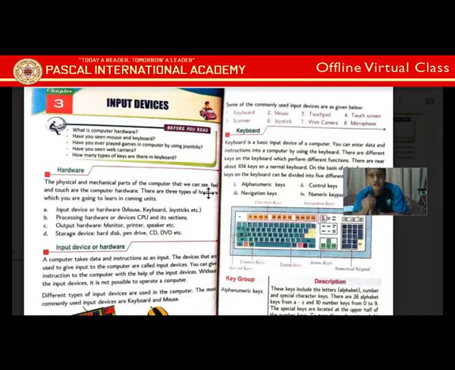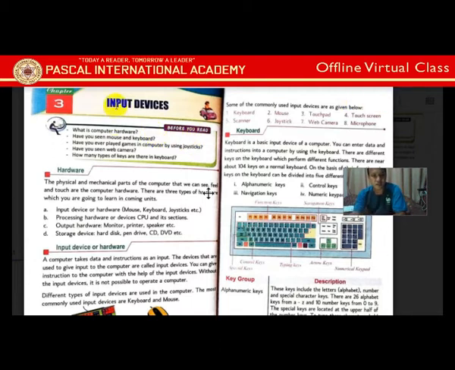Alright, so last time in chapters 1 and 2 you learned about the definition of the computer, how it works, and in which fields computers are used. In chapter 2, the basic types of computer, desktop and laptop, and the basic parts of the desktop computer or personal computer: keyboard, mouse, monitor. But today we are going a little deeper into input devices. Okay, let's start the chapter.